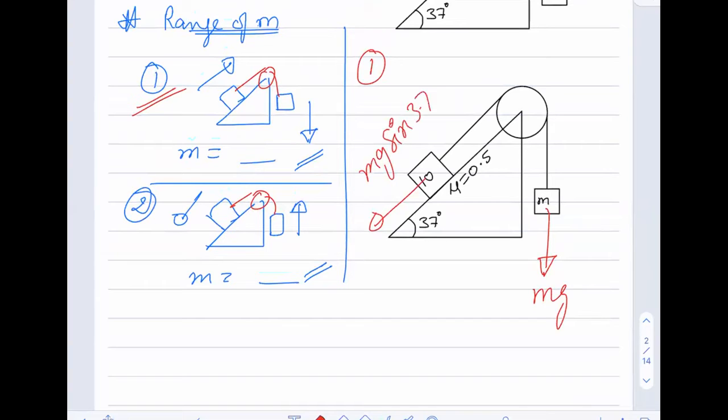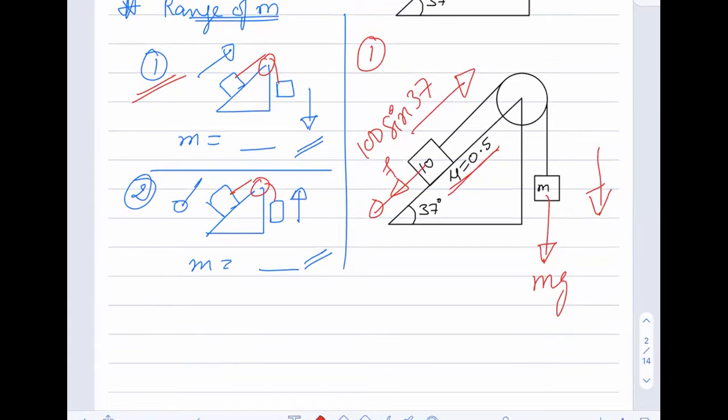M is 10. And what is the g value? That is also, I'm assuming, 10. So this is 100. Okay, so 100 sin 37. Now because there is a friction also here, if this block moves downward and this block moves upward, I have a frictional force also here. So this is friction also. Now for this figure, what I can say is that mg will be balanced by 100 sin 37 plus the frictional